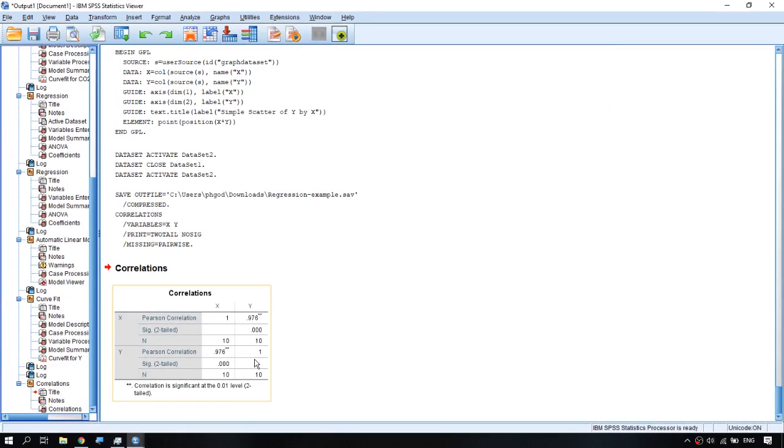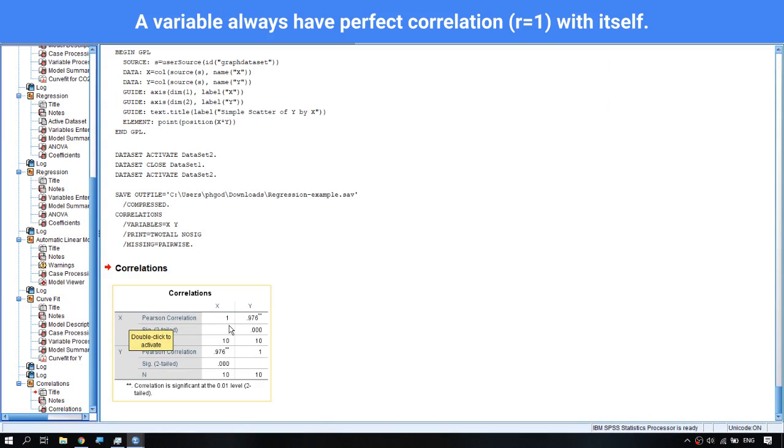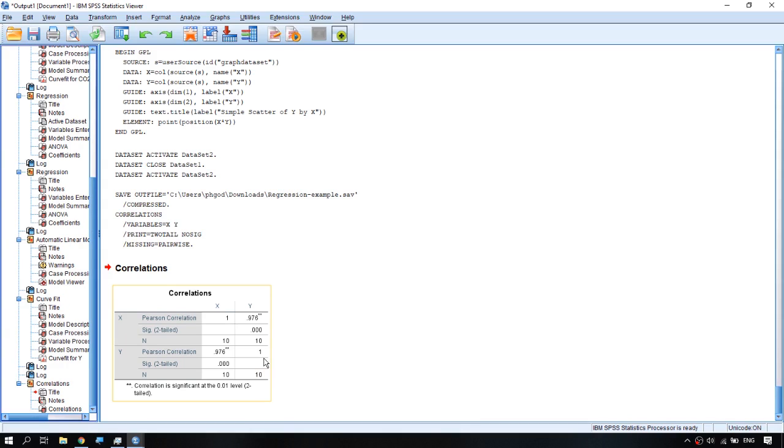So this table basically means that the correlation between x and x is 1. This makes sense because a variable always has perfect linear correlation with itself, and the same is true for the correlation between y and y. It is also 1. Now what we are interested in is the correlation between x and y, which is given